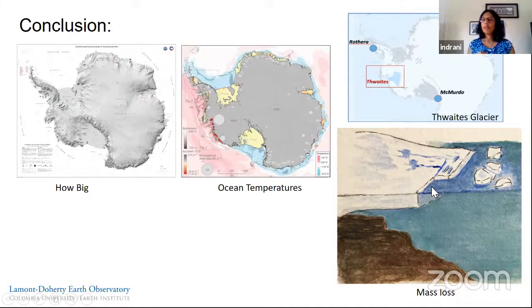It's through iceberg calving, through melting of the bottom of the ice shelf. And also when an ice shelf is damaged, it gets thin and provides less buttressing to the grounded ice, and the grounded ice starts moving faster out into the ocean, causing more melt. So those are the main ways that Antarctica loses mass. And then we talked about Thwaites and our international collaboration to study the Thwaites Glacier change.